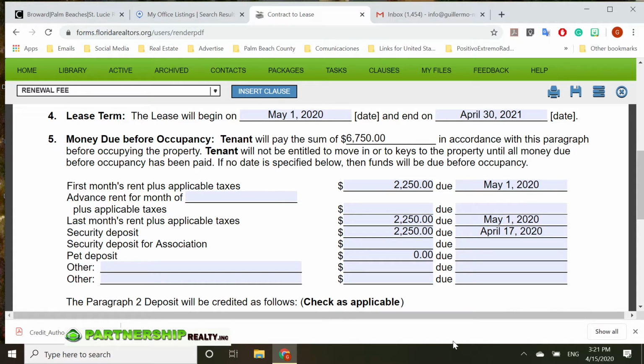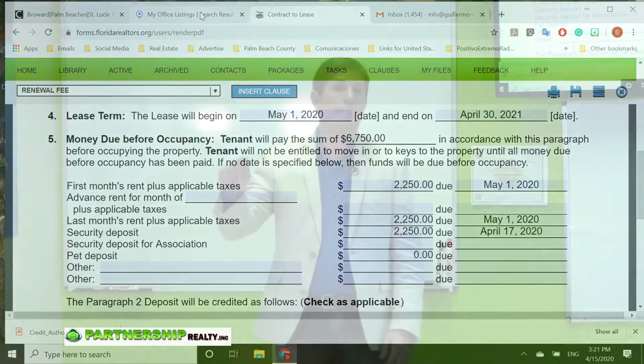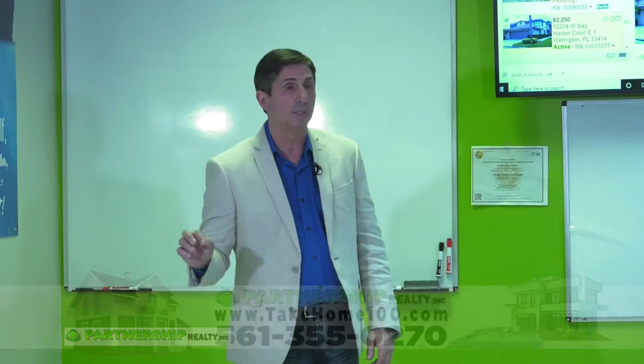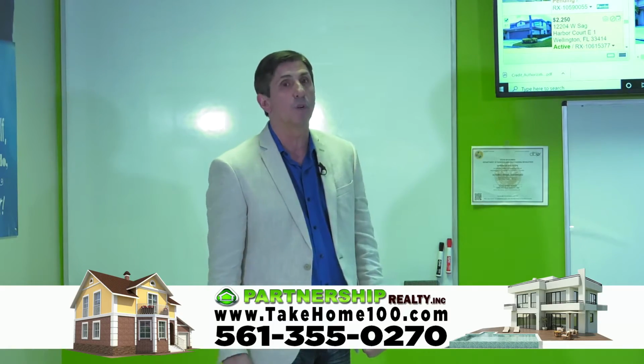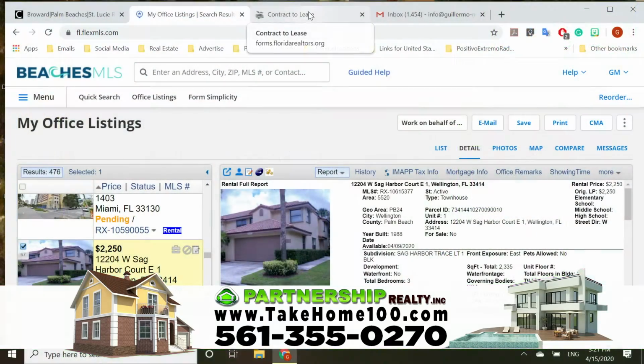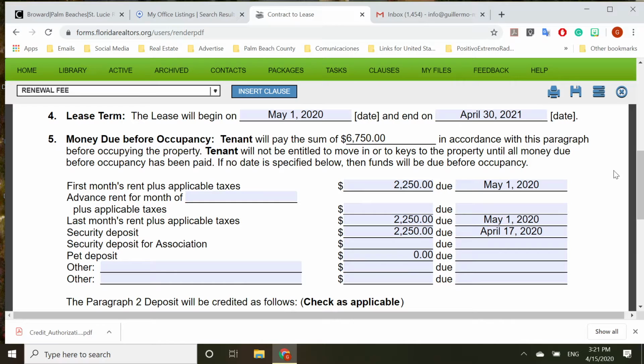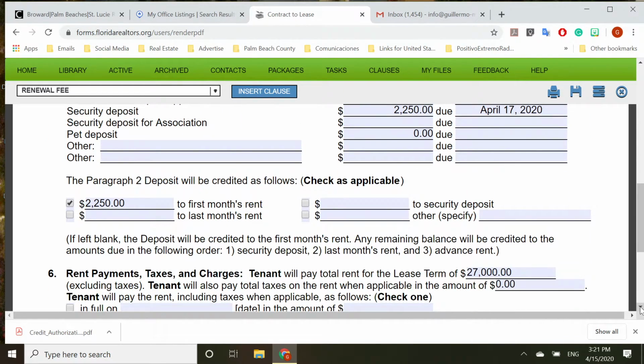Now, pet deposit. Remember how we went into the MLS and it said pets were not allowed? So we don't have a, see right there, pet allowed? Well, unfortunately, this landlord doesn't want a pet. Okay? So, evil thoughts are coming to my mind. But anyway, we're going to go down. No pet deposit. Okay. If we've already placed $2,250